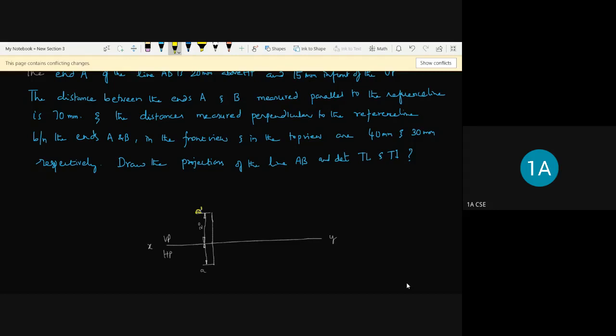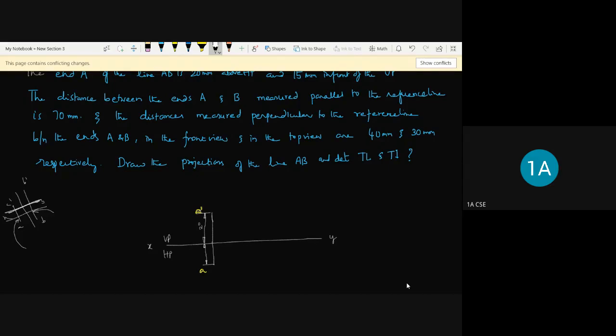So now you need to think. See, I just give a hint here by drawing roughly. So this is XY and there will be A dash and A. And of course there will be B dash and B projection also, right? Here, this is nothing but the distance between the projectors, means the distance between the ends A and B. The distance is measured parallel to the XY line. This is the reference line XY. Parallel means like this. Perpendicular means like this. So now based on this, you can find out.